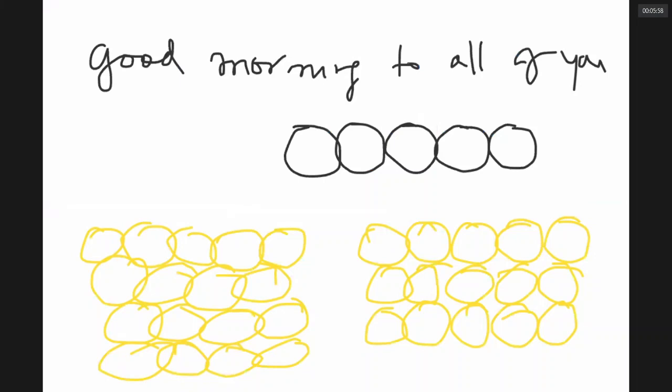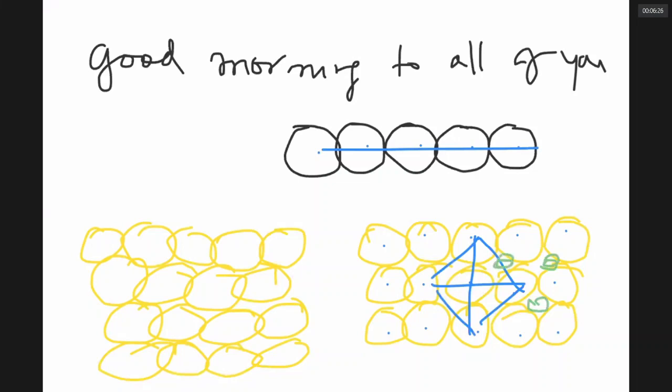Sir, in a solid, the particles are arranged so closely as if one is touching the other. This is called a row. If you are placing more particles one below the other, in this type of arrangement, you would see that each particle is in touch with four particles. It is called square close packing. In square close packing, there is always a lot of wastage of space. In nature, space is so carefully used. There will always be minimum wastage of space in solids. So this is not a preferred packing.